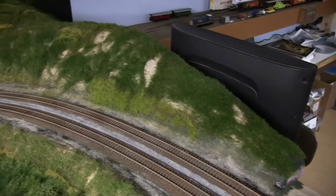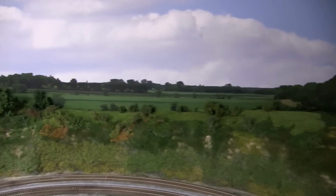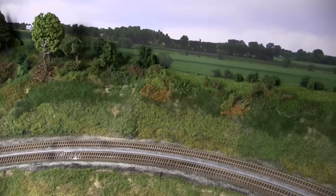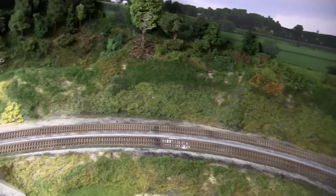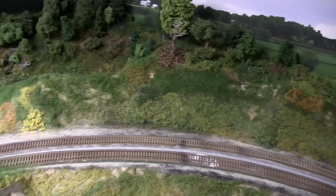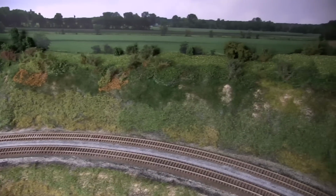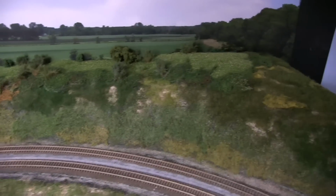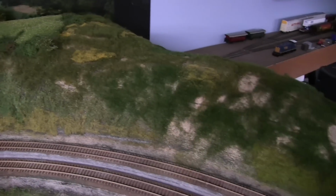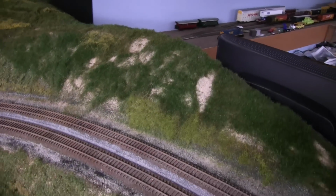So I went through here and I scenicked all the back part, up along the back, and on the embankment I used some of the deco grass from Hecky. Then I came back in and sprinkled some of the Monster Model Works diorama dirt, or any dirt you might want if you're doing this on your own, and you can see now there's some bare spots,